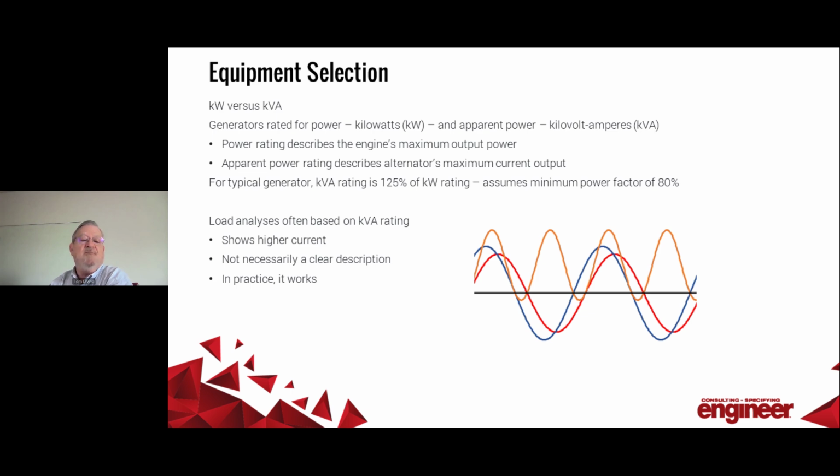For a typical generator, a kVA rating is 125% of the kilowatt rating, assuming a minimum power factor of 80% during operation. Now, when doing a load analysis for a standby system, and most AHJs do require them, it will often compare the kVA of the load to the kVA rating of the generators. That's not strictly kosher. If the load's power factor is too high, the engine may not be able to support it. It can't produce enough energy to match its kVA rating, because that's 125% of the energy it can produce. But in practice, it works. Where there are a lot of different loads, some are always off or running below capacity, and the calculated load is never reached.